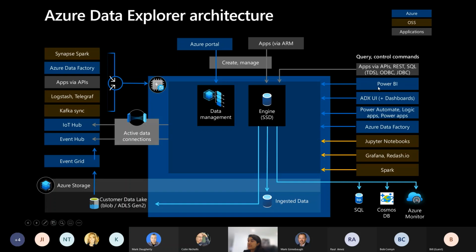On the right-hand side is the list of different services and the methods you can use to tap into the data which is ingested into ADX. So for example, you can build your near real-time dashboards using Power BI, using Grafana, using ADX dashboards, or any other visualization tool. And also, we have a lot of native ML capabilities. So you can use the native features to detect patterns, do forecasting, and anomaly detection within ADX, or you can